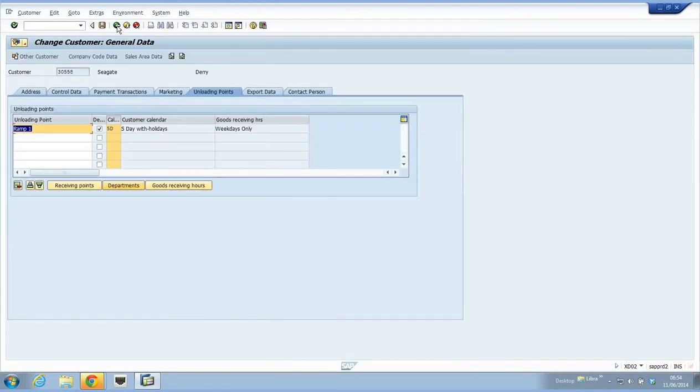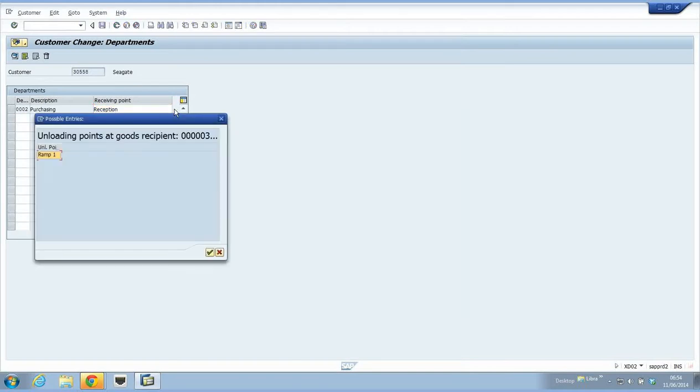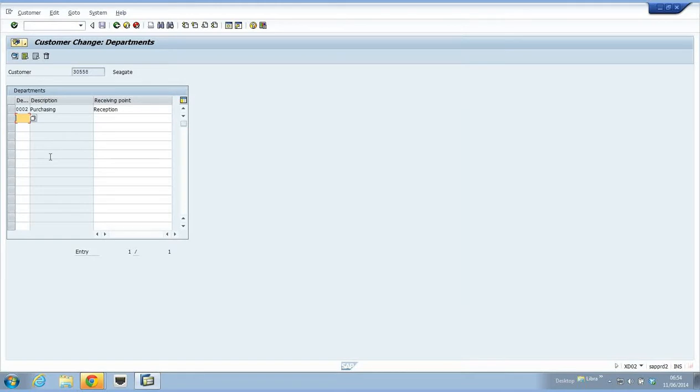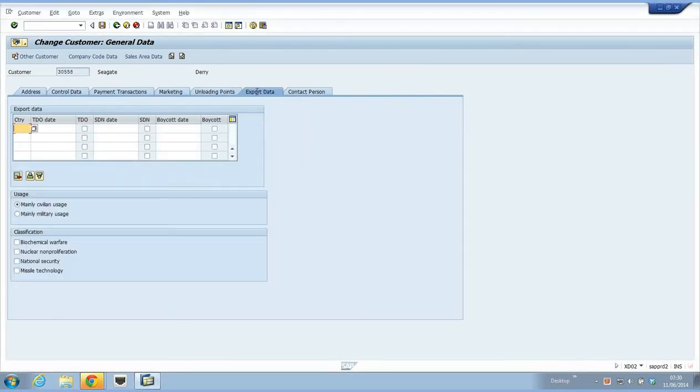We go back from there, go to departments. Here we can select a department from a drop-down list and associate a receiving point, again from the drop-down list. So I selected ramp 1, and I had associated receiving point reception with ramp 1, so it has entered reception in this field here. In the next tab, export data, we would record any restrictions on US companies from trading